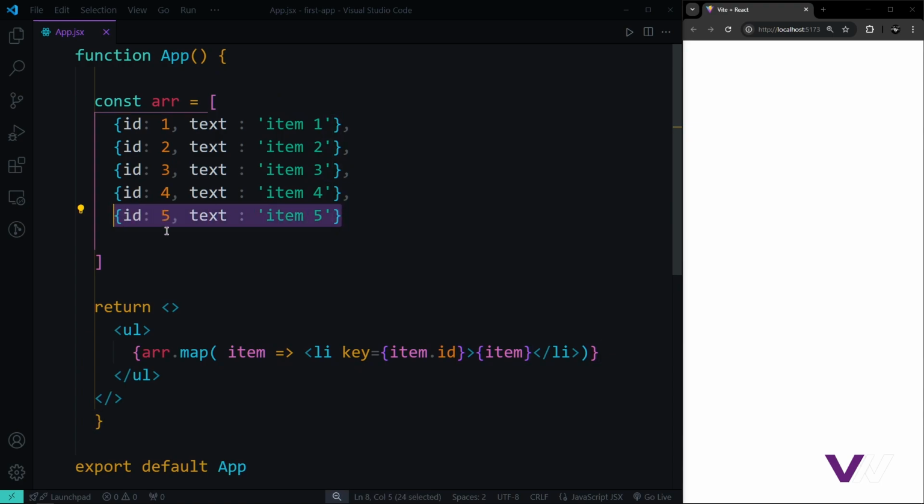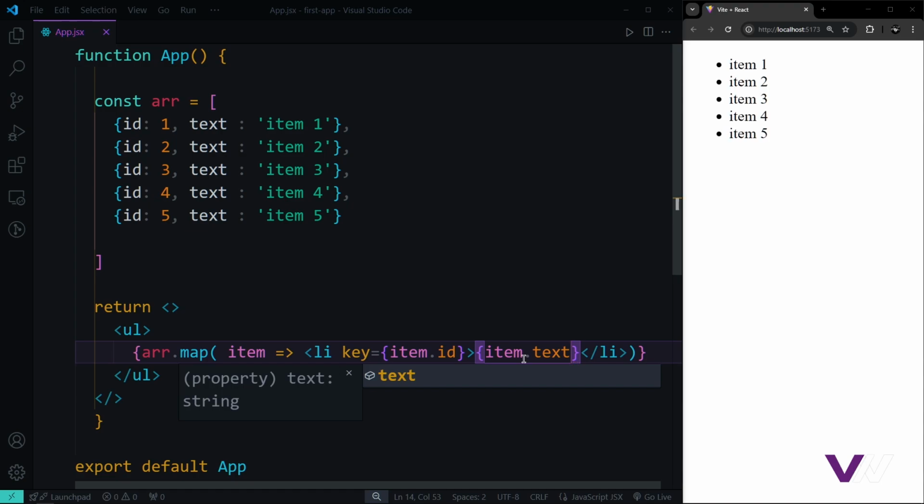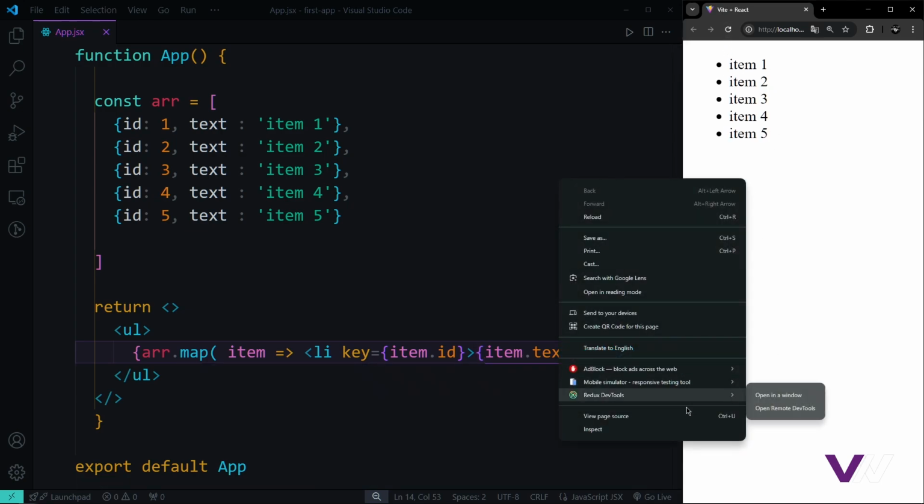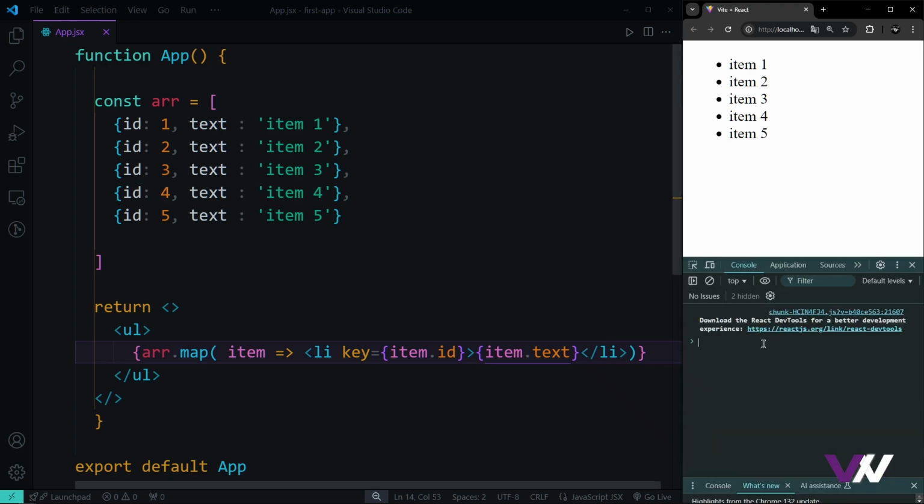So we're going to access the field that we need inside of that object, which here is going to be this ID, and here it's going to be this text. Now you can see we got this result. And if we refresh and come to our console, you can see we don't have any errors